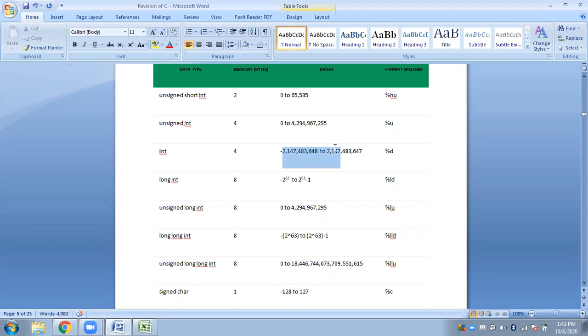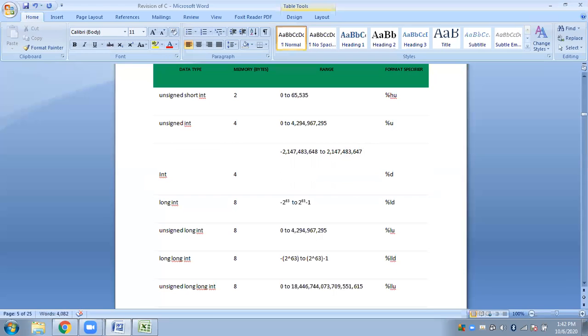All these ranges have been calculated. Once I give the note, I will give it to you; I'm just adding it here.